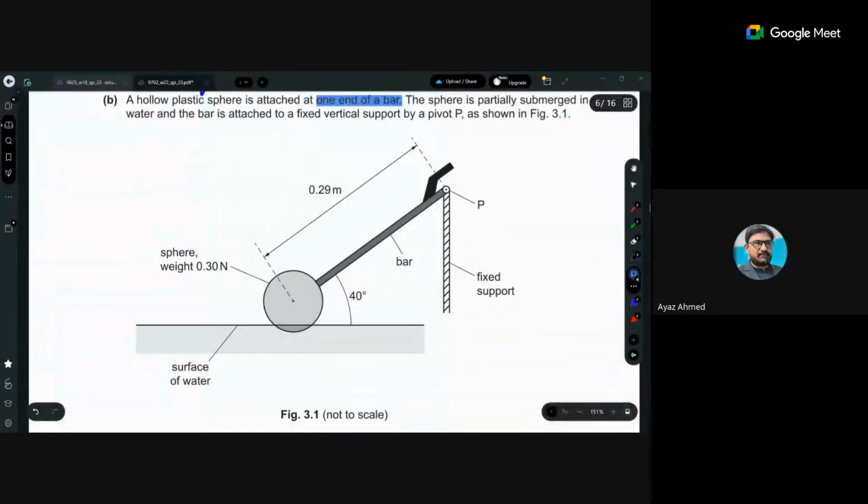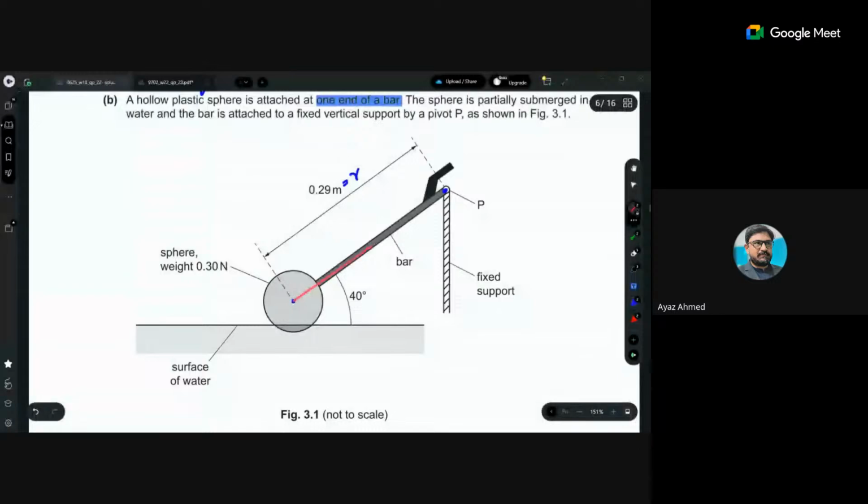The sphere is partially submerged into the water, and a bar is attached to a fixed vertical support by pivot. ये आपका pivot point है, ये center of the sphere है, और ये distance 0.29 मीटर है।